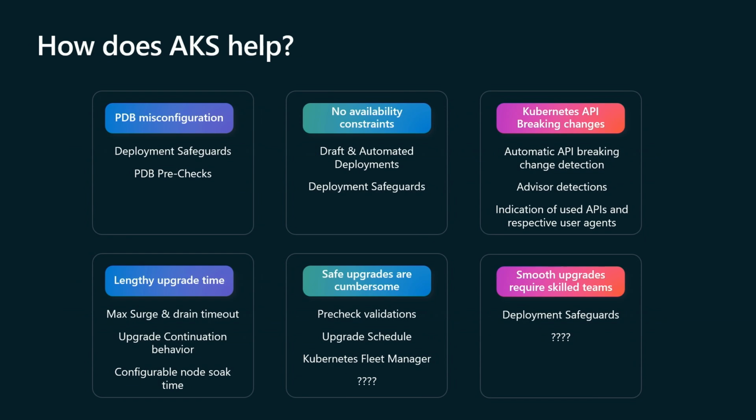And then you can build on those to make fancier and more interesting health probes specifically for your application. Furthermore, for Kubernetes API breaking changes, and I'm super excited about the work we did there, we actually detect those now. So when you upgrade the control plane of AKS, we detect if any client anywhere is making calls to an API that's going to be removed, and we prevent the upgrade from starting, giving you an error message that tells you you're using APIs that are going to be removed, and that will break once you do that. So the upgrade will never start if there's an API breaking change in that upgrade process.